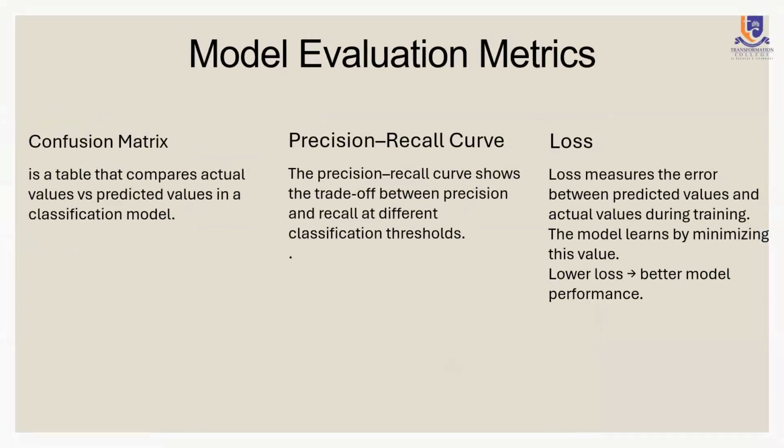And this further model evaluation metrics, a confusion matrix. This table compares the actual values versus the predicted values in the classification model. You should see the graph along the course. And then you also see the precision recall curve, which shows us the trade-off between our precision and our recall, because there are two values that we monitor, the precision and recall. So are we growing? Is it getting better, or is our curve dropping?